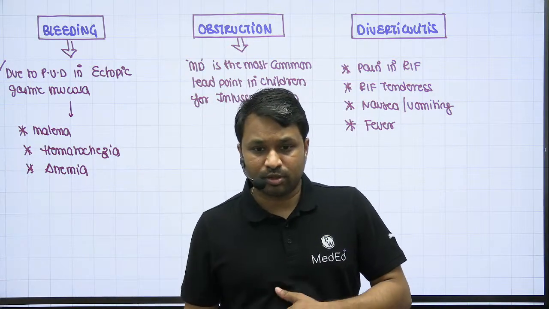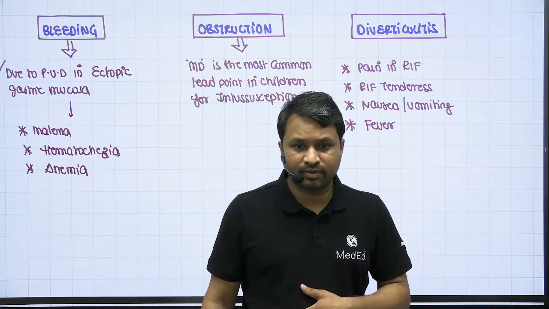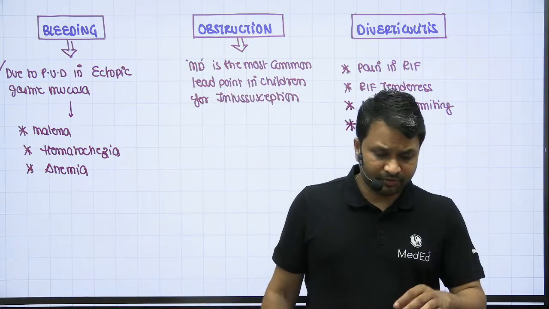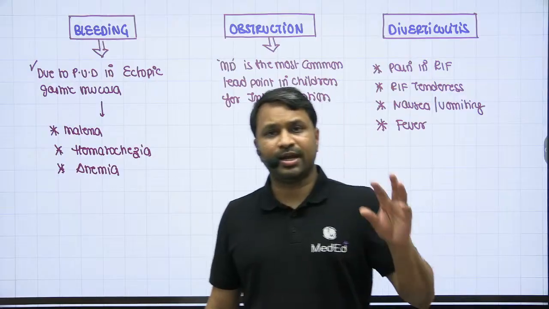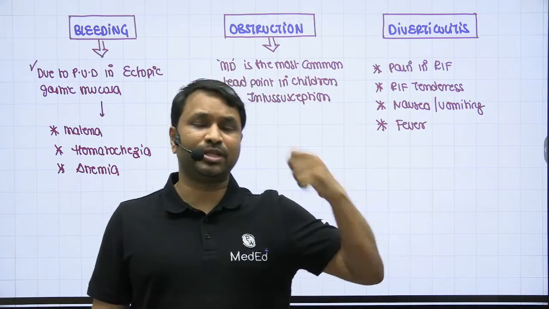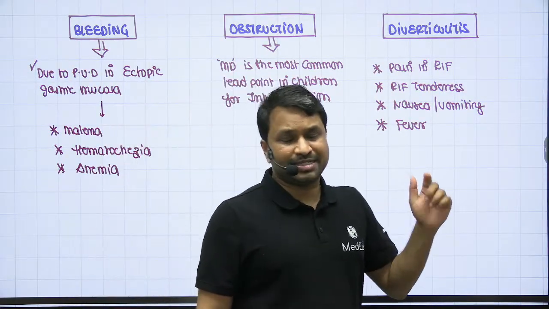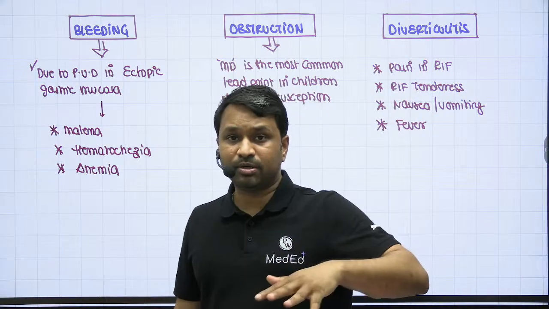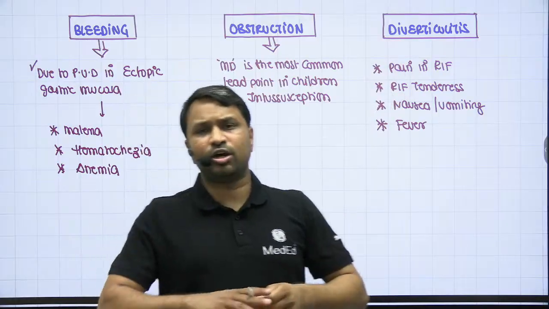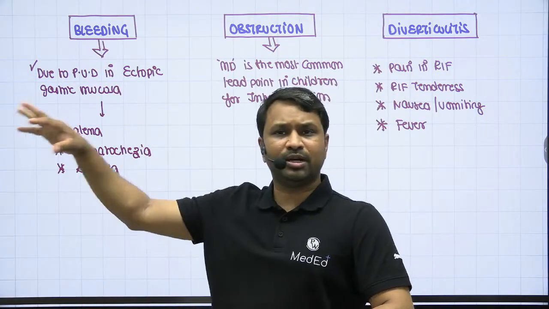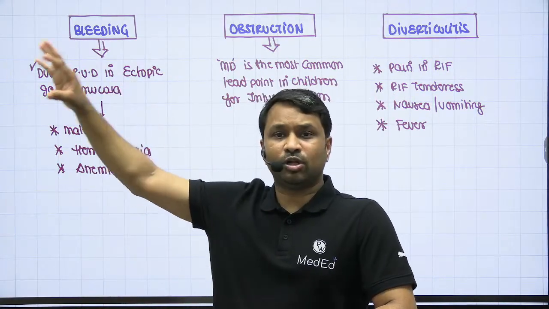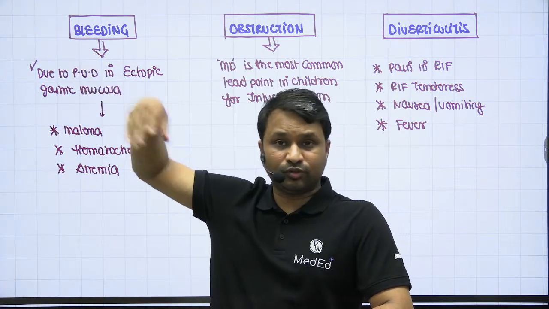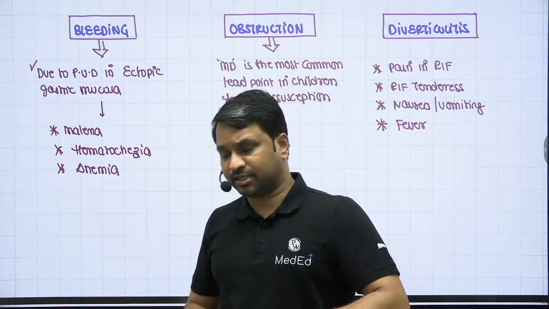So what is the most likely embryological explanation for the presence of gastric mucosa in Meckel's diverticulum, and how does it relate to the risk of developing GI bleed? See, when you talk about the ectopic gastric mucosa, it's the migration of the neural crest cells during embryonic development. The exact pathophysiology is not very well understood. When you talk about the derivatives, you have the foregut, midgut, and hindgut derivatives. The foregut develops all the way to the second part of the duodenum. The midgut develops from there onwards all the way to the transverse colon, and the rest is the hindgut.